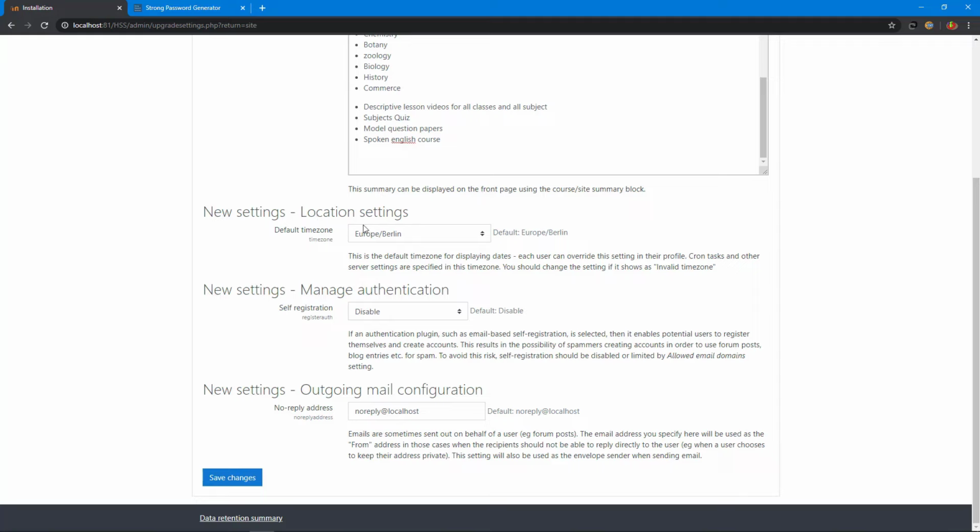Here you can set location settings, Asia/Kolkata, and you can set authentication settings. You can enable email-based self registration, but I disable it this time. You can set outgoing mail configuration settings. Currently it is localhost. I set it to hss.in and I click save changes.